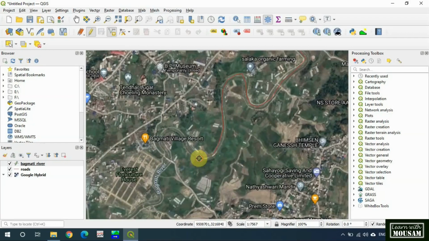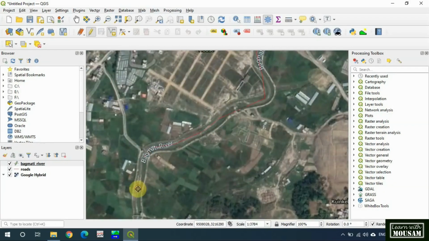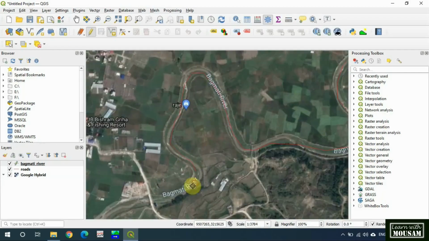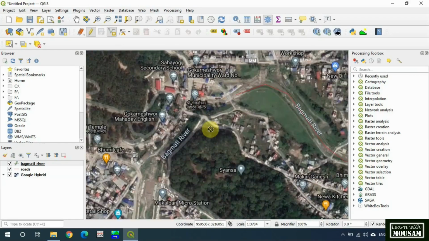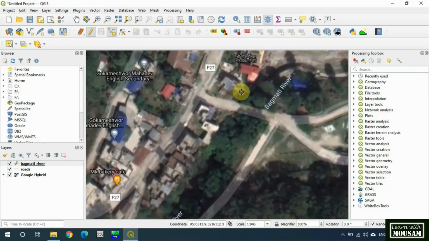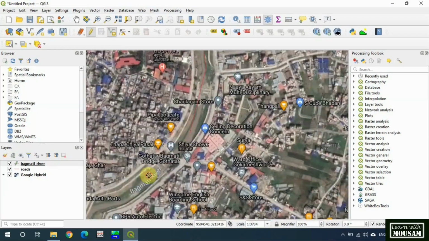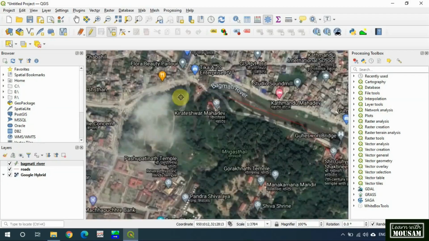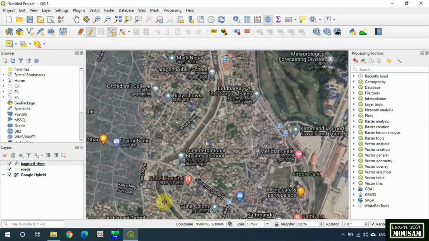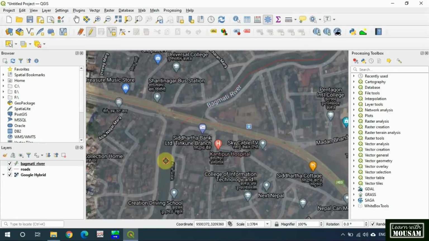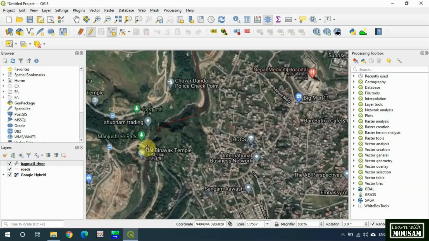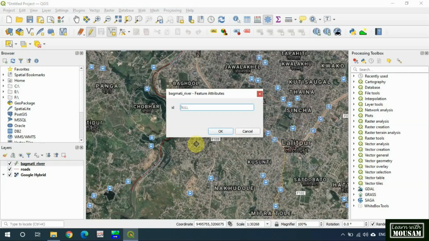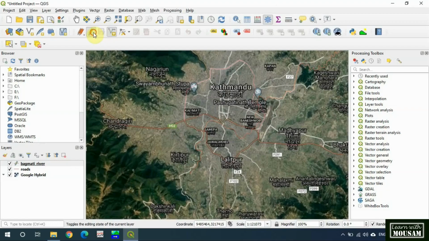Keep clicking on the vertex, and at last we'll just right click. I will stop at some distance downstream of Chobar. Let's right click and give the ID number. Now click on Save Layer Edits and Toggle Editing.